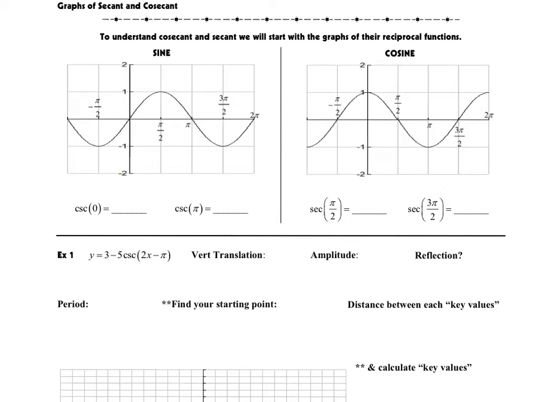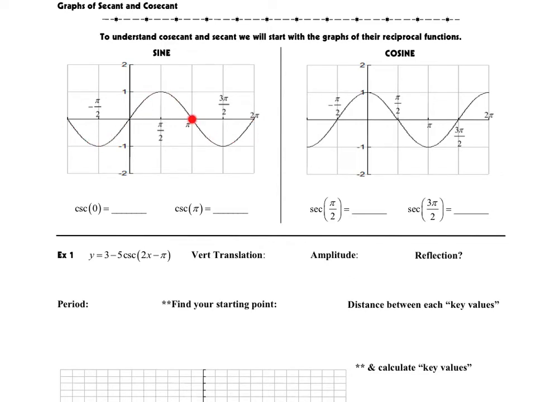In this video we are going to look at how to graph cosecant and secant functions. What we're going to do is look at those in terms of sine and cosine, since cosecant and secant are simply the reciprocals of the sine and cosine graphs. So what you can see here is that I've started off with a sine graph and a cosine graph. And what we want to remember is that since they're reciprocals, what's going to happen is that anywhere our